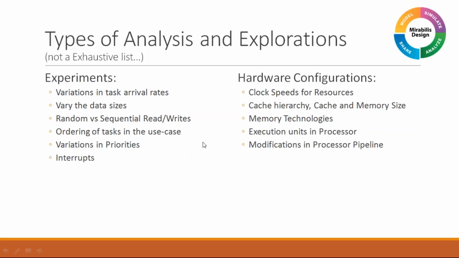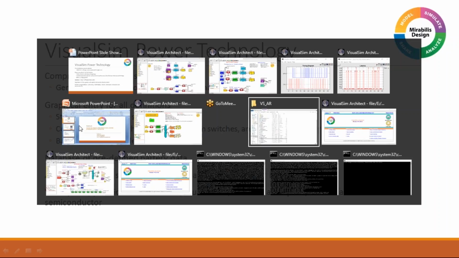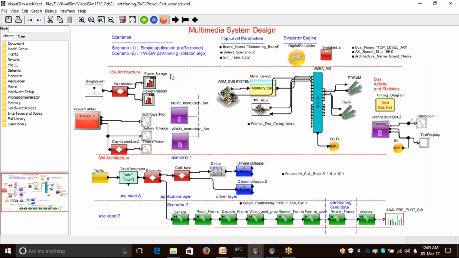Okay. At this point, I would like to show you a quick demo example to understand how we can introduce power gating algorithms or additional logic to reduce the power consumption. I'm going to open up a model. In this case, what we have here is a multimedia system platform with an ARM subsystem and a memory subsystem on the other side, and we have an AXI bus, and at the bottom we have